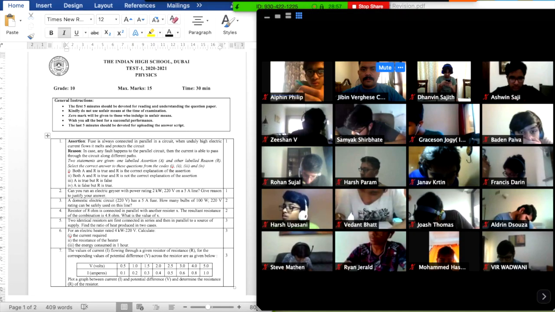And this is the entire view. On the right hand side in the Zoom session we can see all the students' view, and on the left hand side we can see the question paper. But we can overlap the students' Zoom window over the paper, because it will not be overlapped for the students, and they can see the same question paper, because the screen share and the Zoom ribbon of students are the same product of Zoom only. So we can overlap.